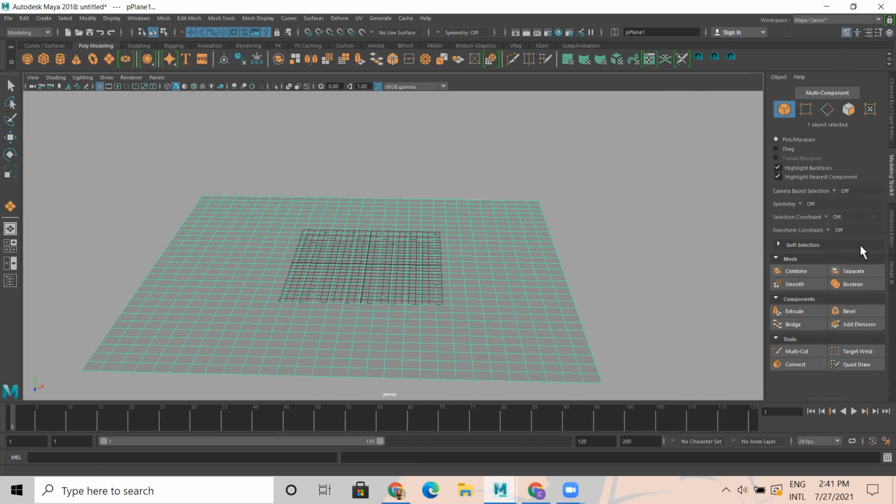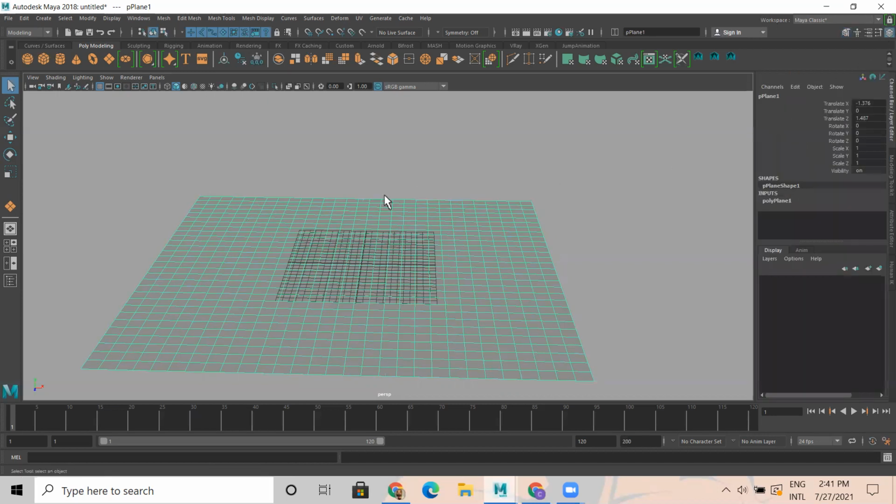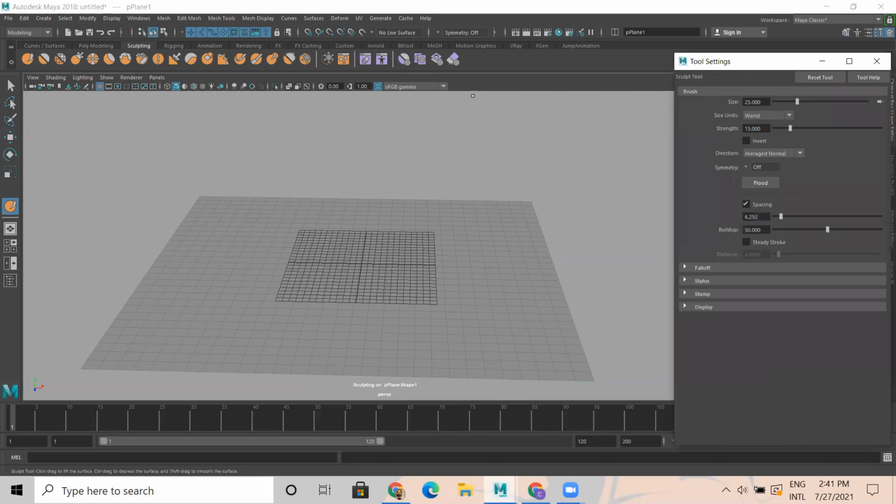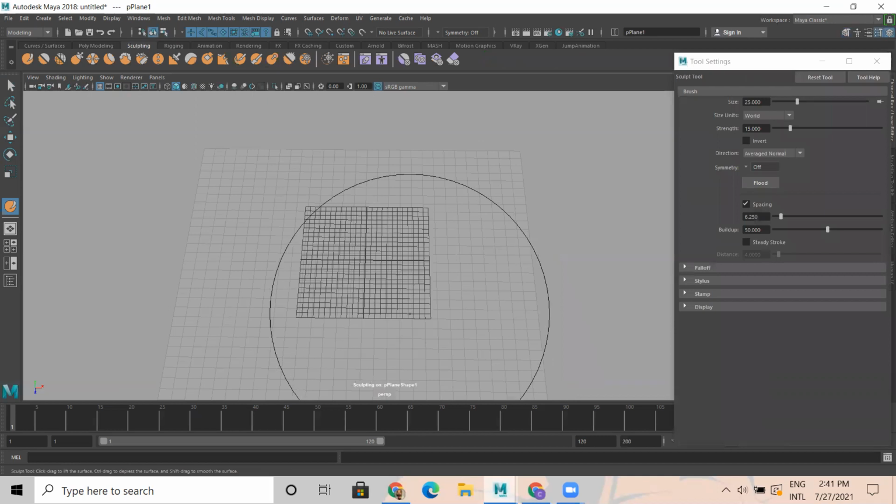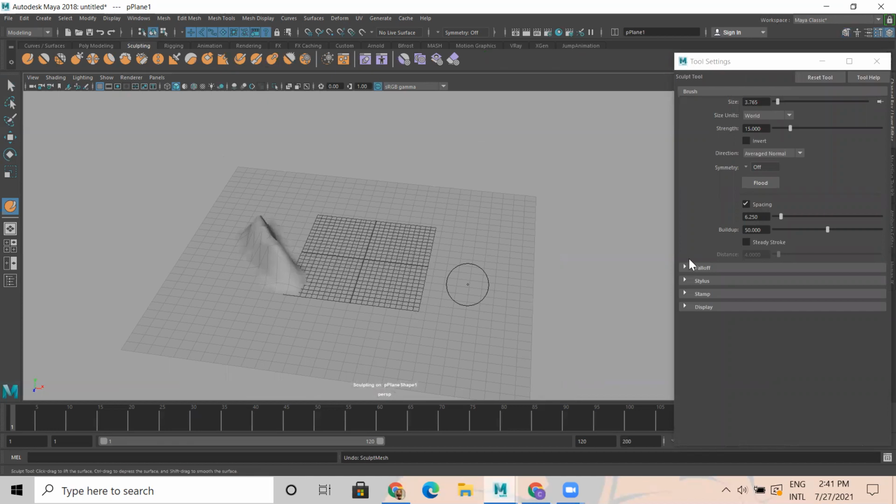So in this, you can go to sculpting here. Take this tool, hold B, and I can reduce this.